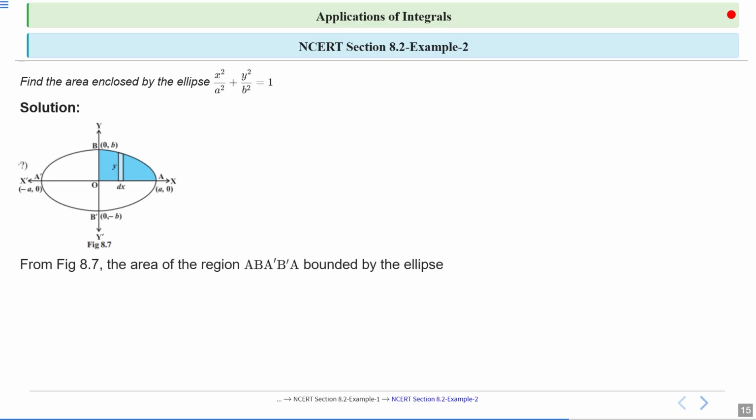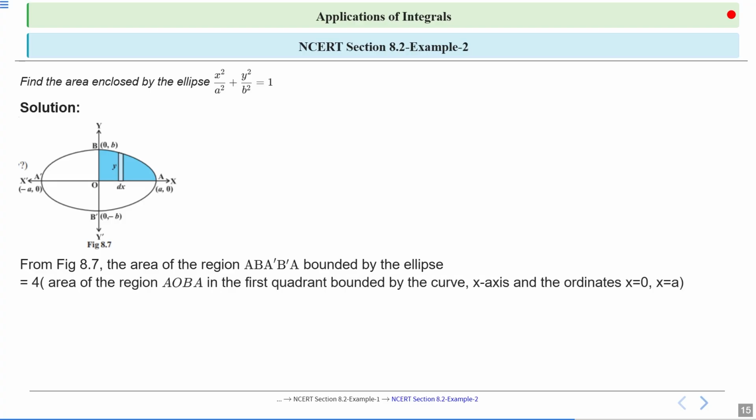So the area of the region ABA'B'A bounded by the ellipse is equal to 4 into the area of the region AOBA in the first quadrant bounded by the curve,